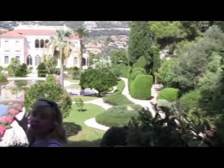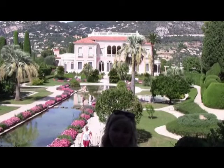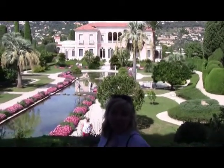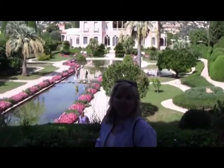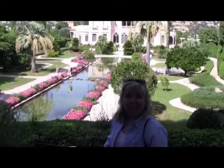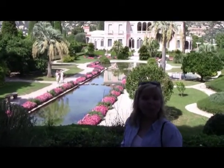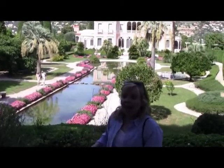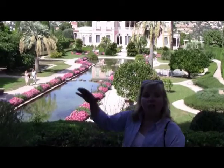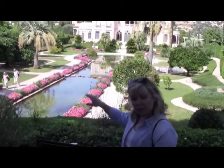You can see the chateau that she herself designed in the Italianate style. And part of this property is a series of gardens, all set within 7 acres of property. And these gardens were all themed, of which this is the first one, which is what we call the French garden. So the French garden starts off on a hillside with waterfalls, comes down into the central canal here that you can see,